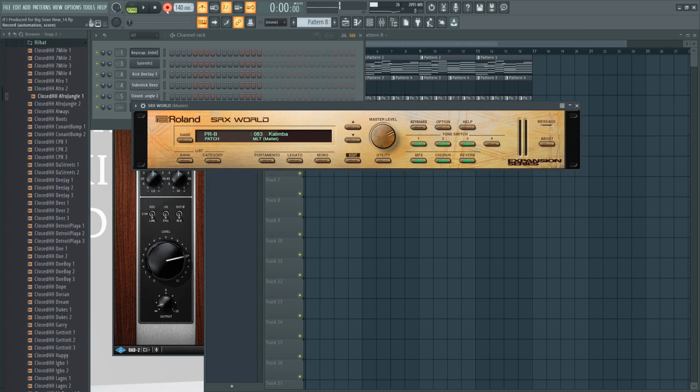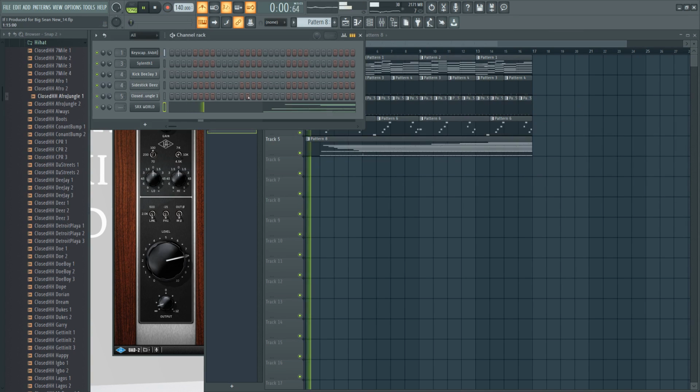I'm trying to add upper harmonic. Just little stuff to add in the backgrounds to keep the track moving.